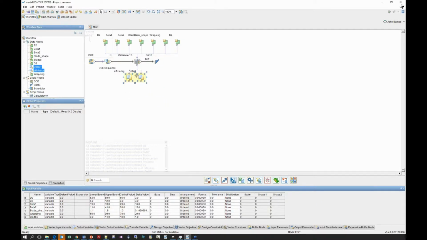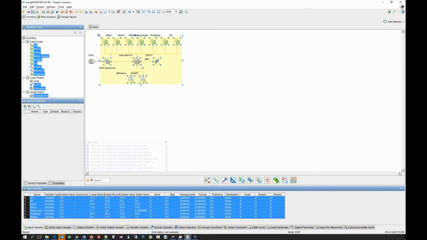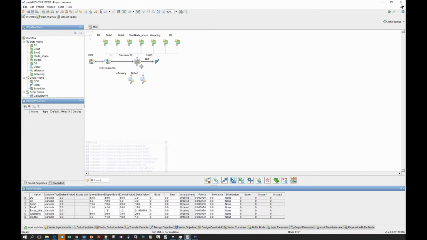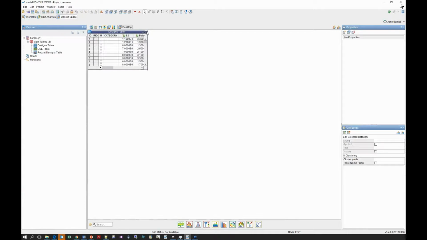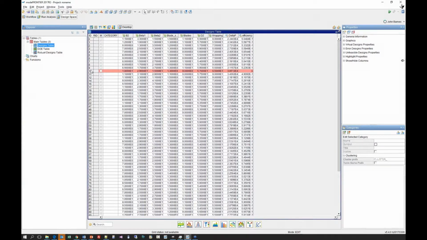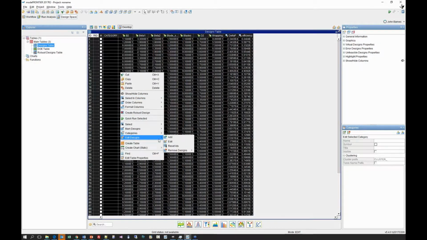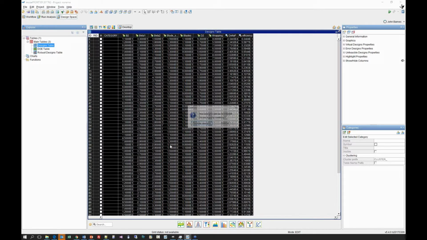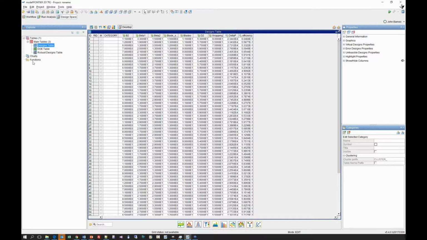And it's built a workflow that we're not going to use. But the important thing is that if we wanted to generate the results rather than importing it from an Excel file, but wanted to generate it through a CAE process, we could get it to generate it through some tool. But in this case, we've opened up the design table and all of our data has been inputted here. Now I notice that there is one design that's still red because I didn't clean it up entirely when I imported it, but I can select that and delete that. And if I really wanted the ID numbers to be exactly the same, I could right click and I could tidy that up and say reset ID so that they're all in order and there are no gaps in our data.